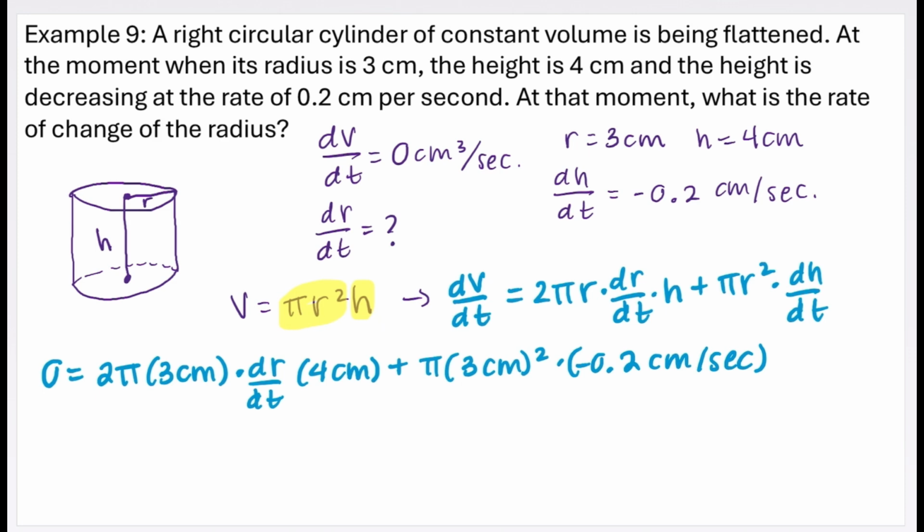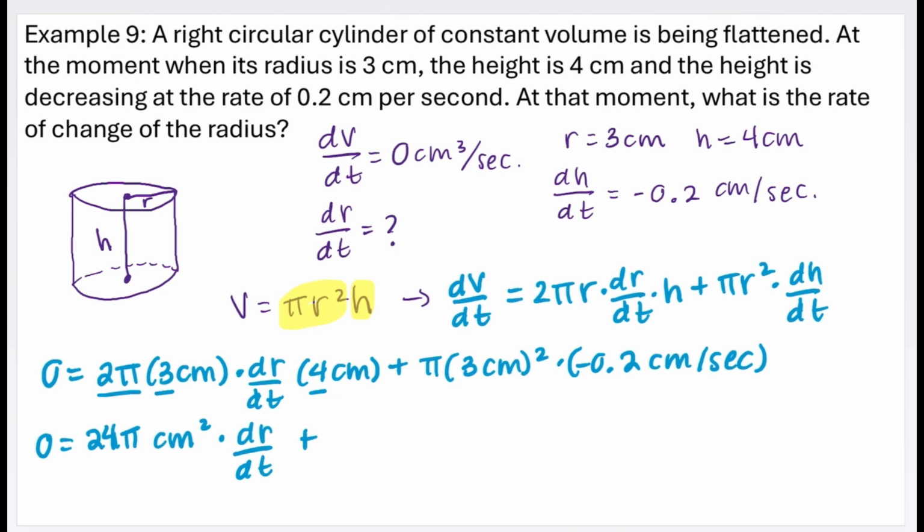So I have everything plugged in. Now I'm going to simplify this down. So I have 2 pi times 3 centimeters times 4 centimeters. So 3 times 4 is going to be 12, and then times 2 is going to be 24. So I'll have 24 pi centimeters squared times dr over dt, plus